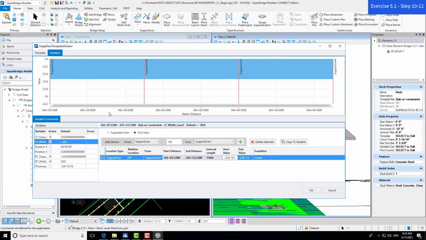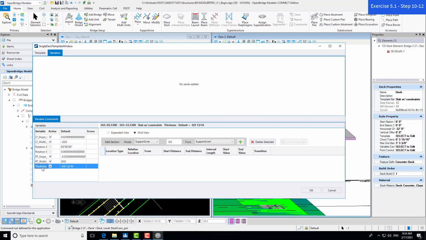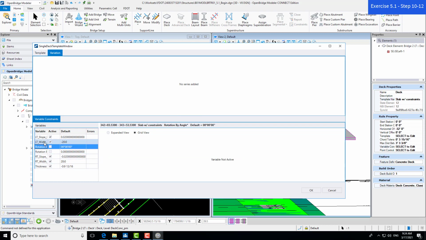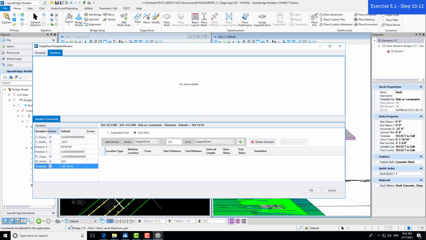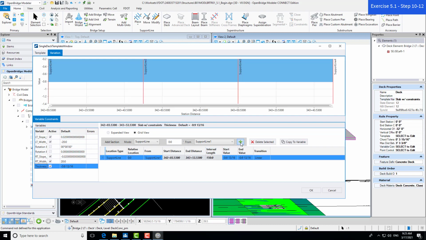One last section we need to change is the thickness. So I'm going to go ahead and activate that value and make sure we left click on the actual variable. If we don't click and highlight that, you can see that it will stay with our width value. So we want to make sure we activate it and select it. We're going to do the same thing here and just use our green addition sign here to add a value. Our start value is